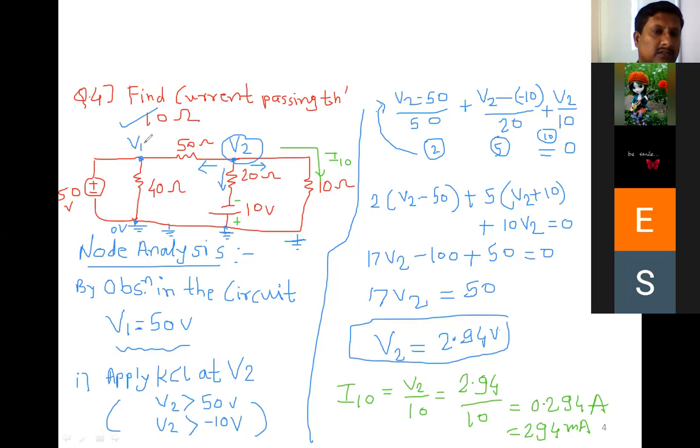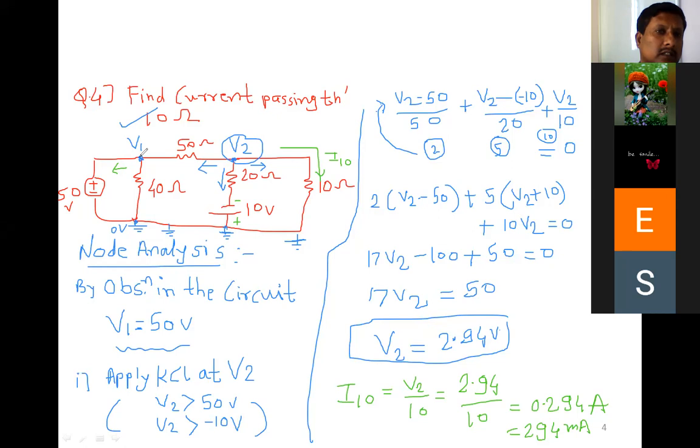They are taking this one. According to that, they are marking this as outgoing current, and writing V1 minus 50 divided by whatever they want. Whatever they are assuming, whatever they are writing, they will get the wrong answer. How can you calculate the current here? If any passive component is not connected, and it is a current source here, then you can take it as it is. So that is the first mistake the students are making.